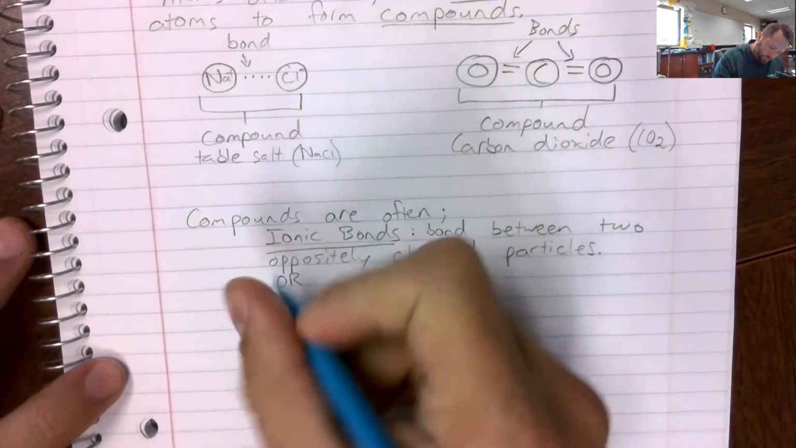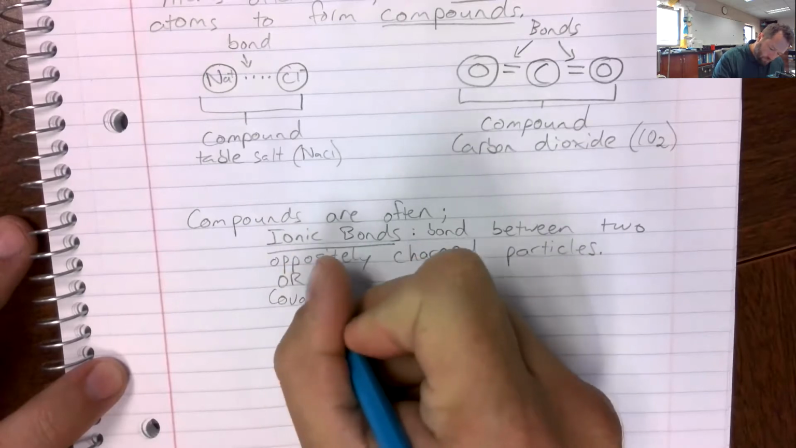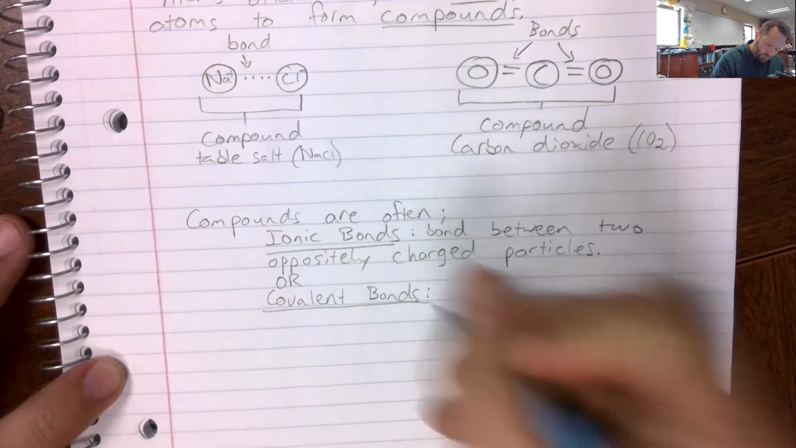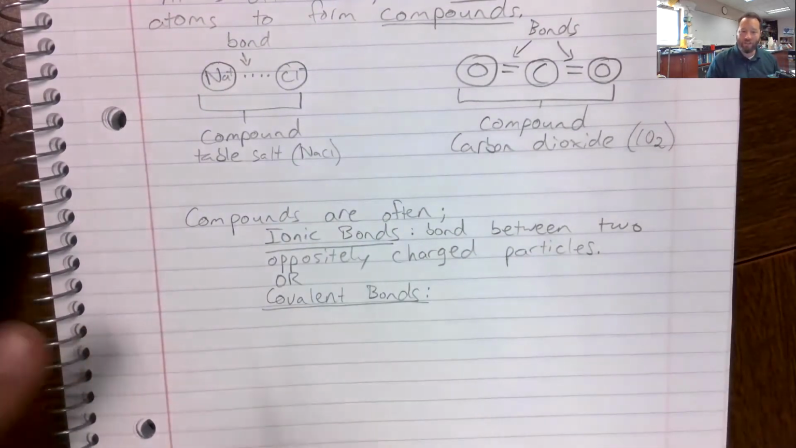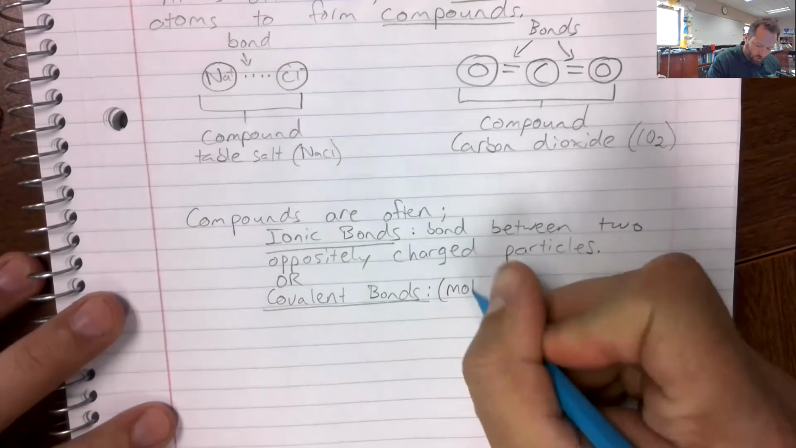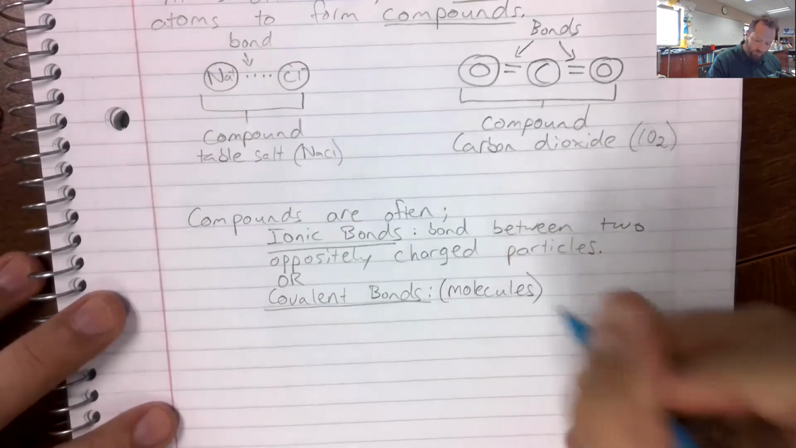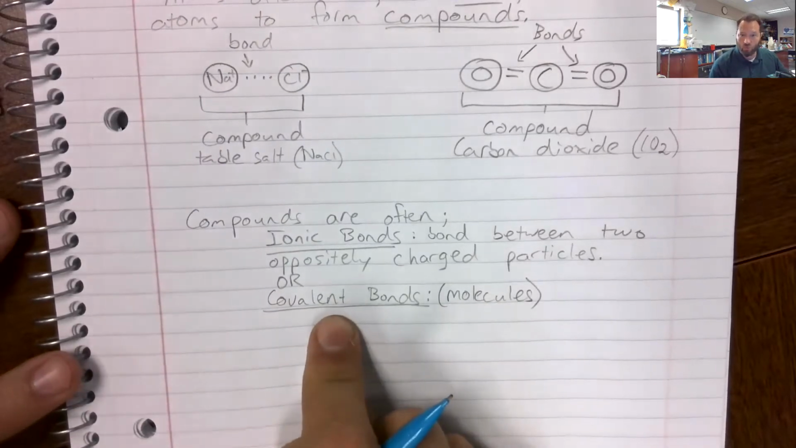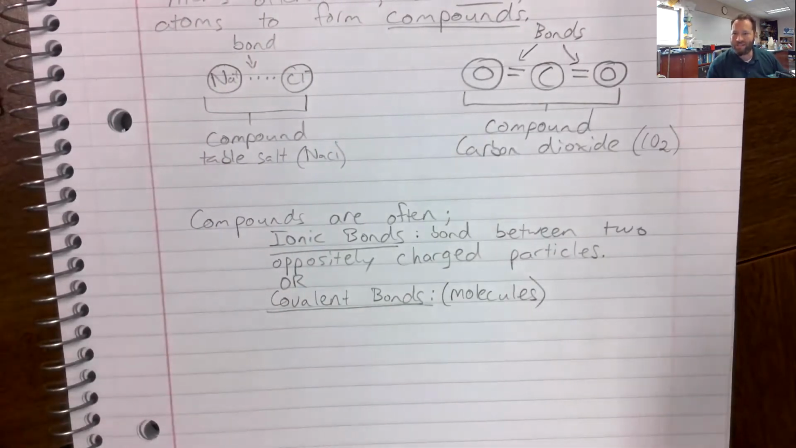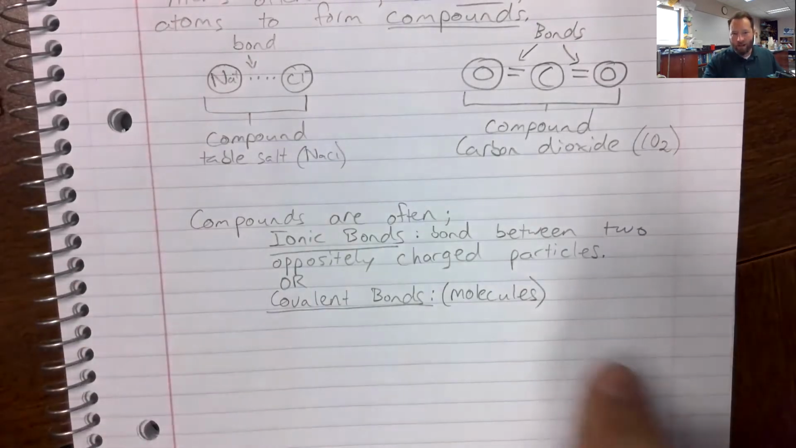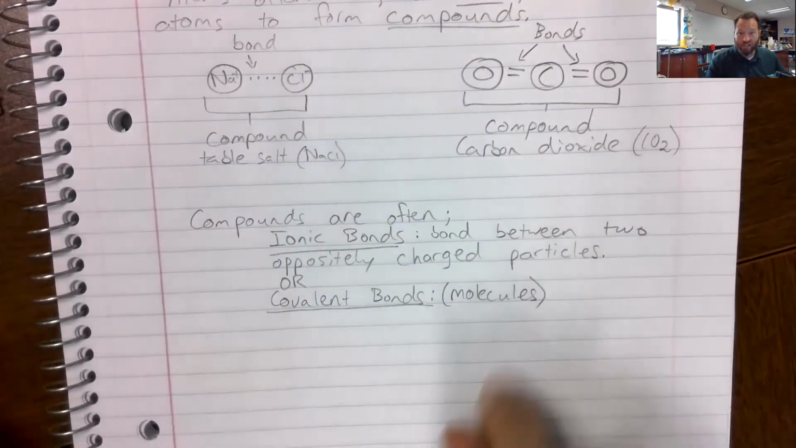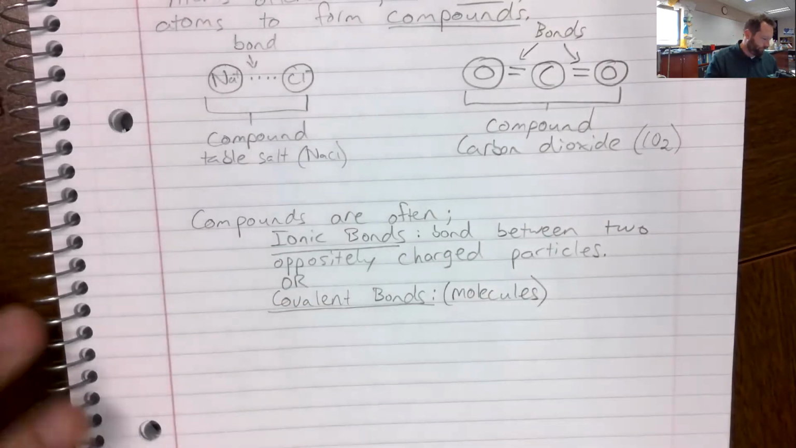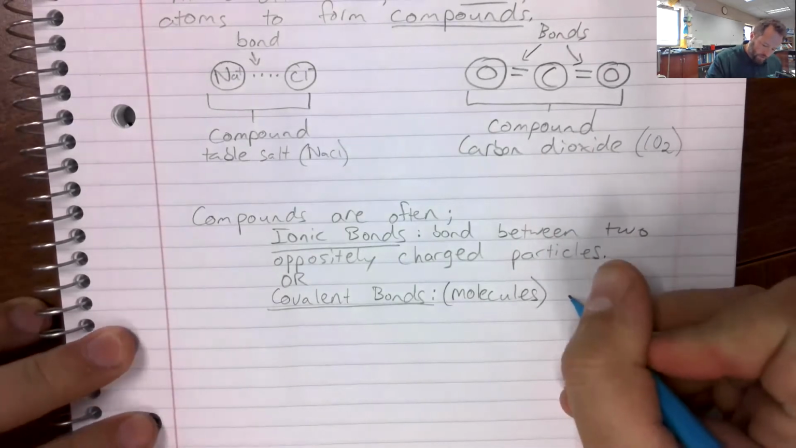Or we also often have covalent bonds. Another term for covalent bonds is molecules. You've probably heard that term before. Molecules is specific to covalent bonds. I'm not saying you won't ever hear it referred to like a molecule of table salt, but most technically, molecules refer specifically to covalent bonds. And these are